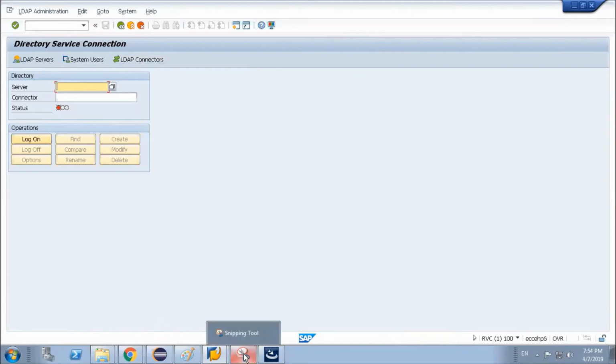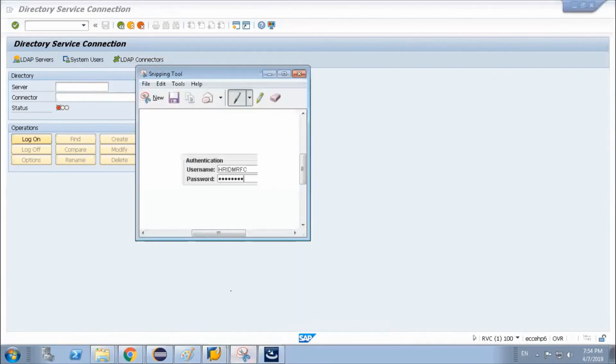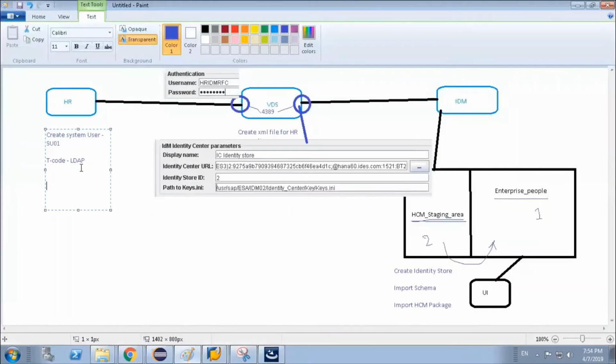So under this LDAP transaction, what we have to do? We have to create a connector, an RFC connector to be very specific, and the connector type will be TCP/IP.